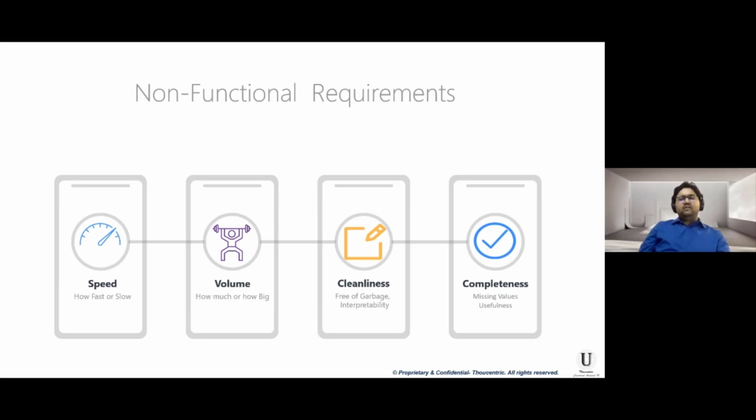Now, we could also have a different scenario where we have data coming in at a really fast pace. For example, an IoT landscape where the sensor data is very, very small, probably bytes of information, but accumulated over a month, it's huge. So volume becomes another dimension to look at along with speed. So describing how big or how small my data is, and not in the sense of the big data word, big or small in the sense of gigabytes or terabytes of data, and what frequencies of data do we need